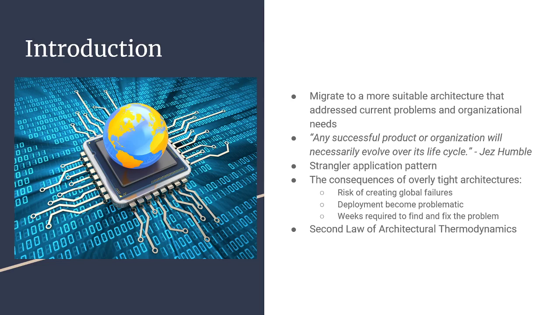Without these changes, that would also cause deployments to be very problematic. And with these errors coming up, these things could take days or even weeks to find and fix. And from an architectural perspective, it creates a downward spiral, which is a consequence of the second